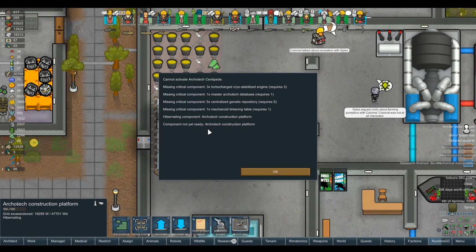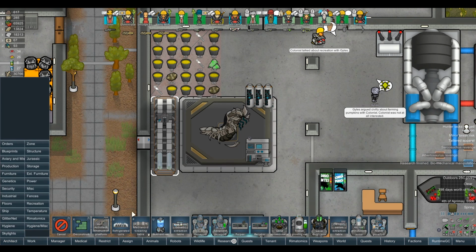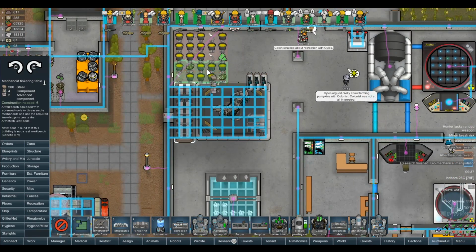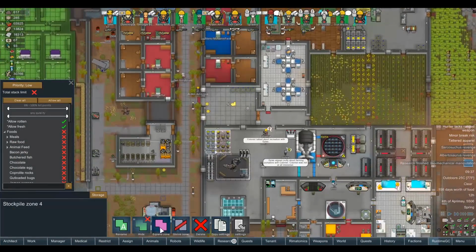I think. Hibernate component architect construction platform. Fine. And then we've got this thing as well, which I think is all good. All right. What do we need next then? Mechanoid tinkering table. What is that? That's new. Oh, right. I guess that's got to be attached to this then, huh? Seeing as it is new. So I guess if we just put that there, and then we'll have to move our old overflow stockpile there that was just put in for...